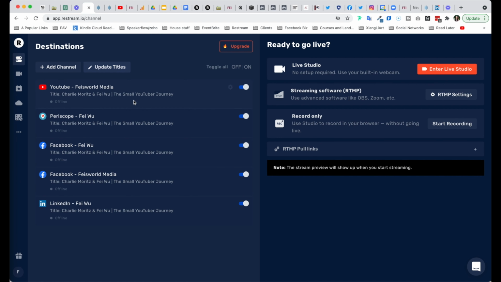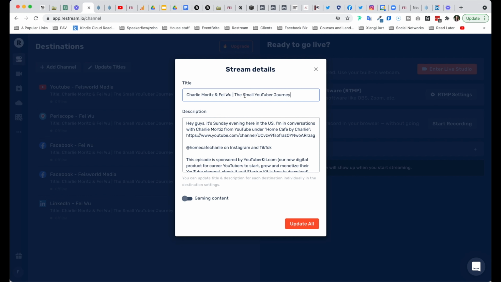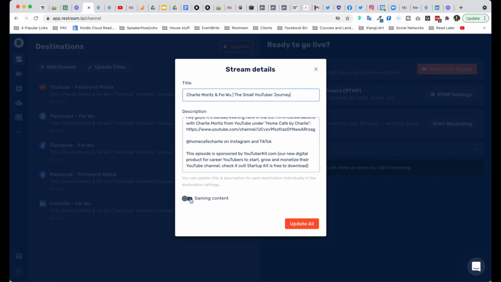And to update titles, you don't have to change them one at a time. Simply click on update titles. Here you're able to update the title as well as the description. Because I'm not a gamer, I don't have it turned on. And just hit the orange button and you'll be able to set all the new titles and descriptions